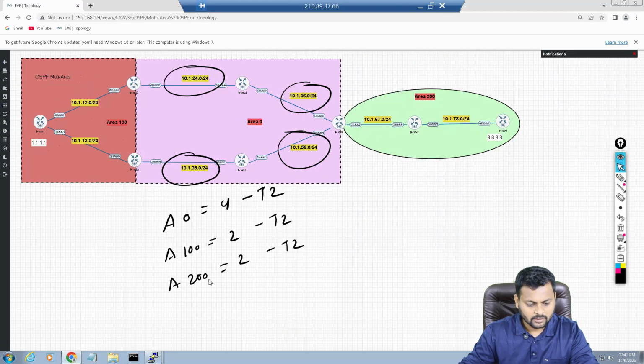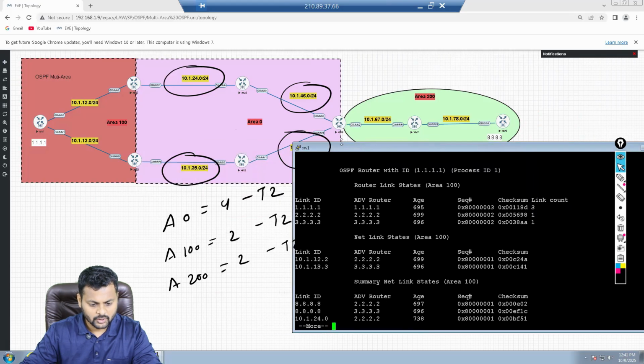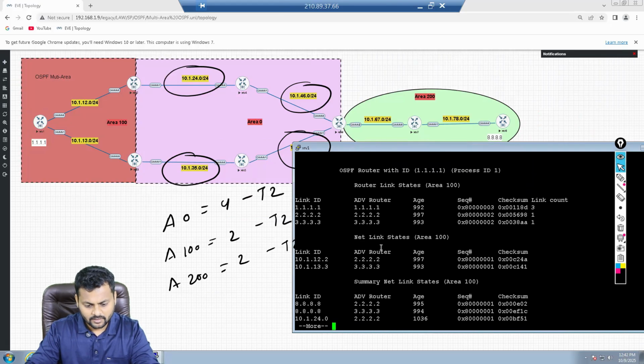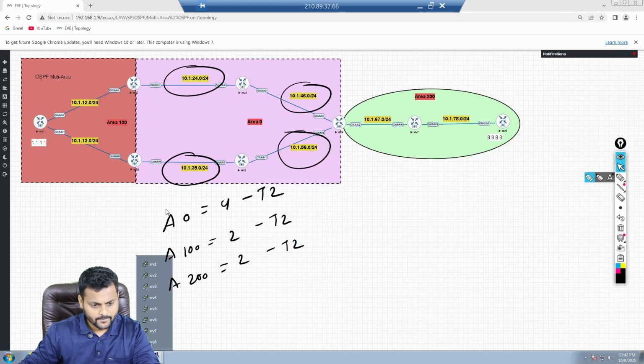So what we can do is, for area number 100, we can go to XR number 1, because this is the core router of area number 100. And I can run show ospf database. I can see that I have 2 network LSAs. One is generated by 12.2, which is my DR. Another is generated by 13.3, which is my DR right now. So type 2 is generated by the DR router. R2 is generating it, and R3 is generating it. Same way, you can go on any of the core routers. Let's go on router 4 right now.